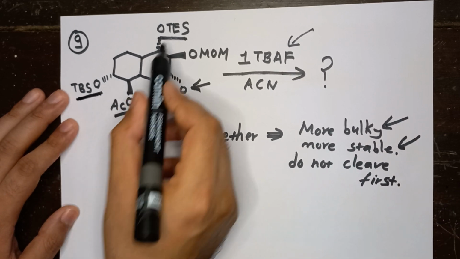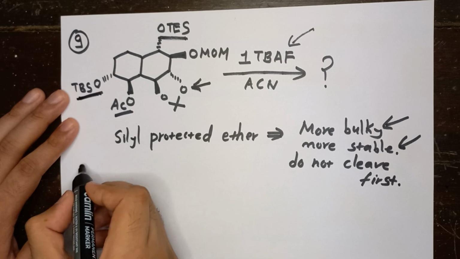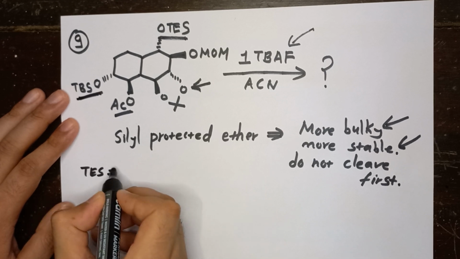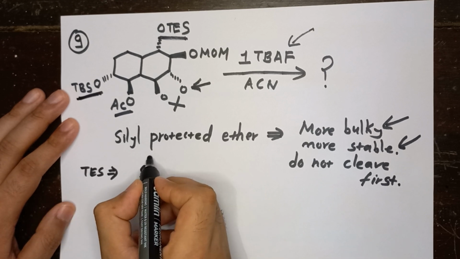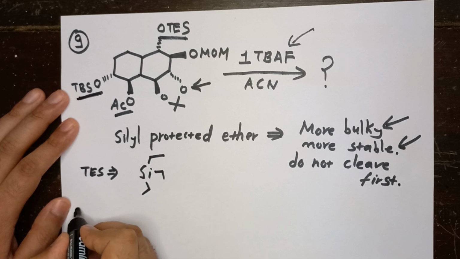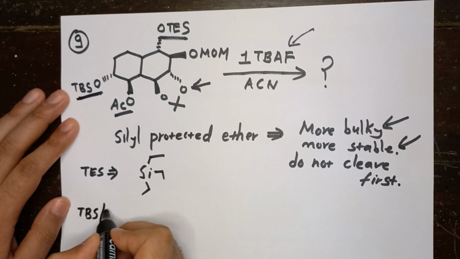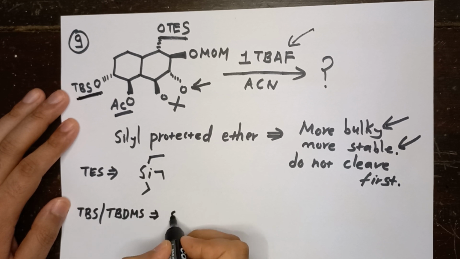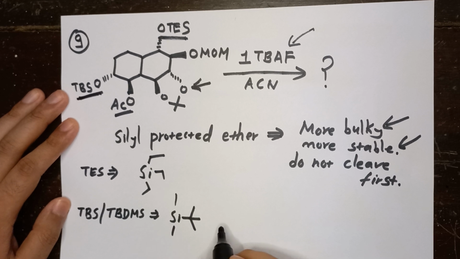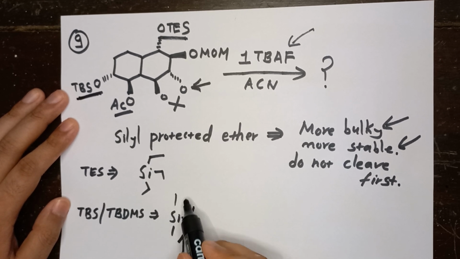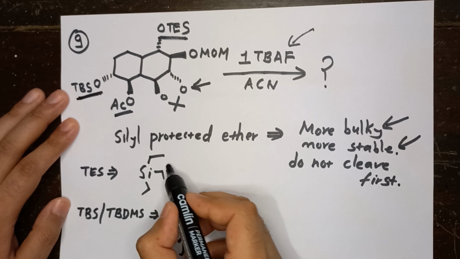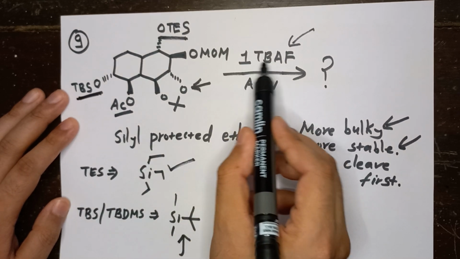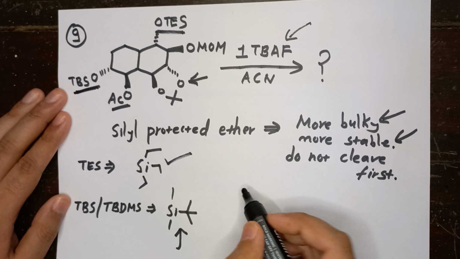So out of TBS and TES, which is bulkier? Well, TES is triethyl and TBS, or you can also call it TBDMS, is dimethyl tert-butyl. So clearly this is bulkier. So this will be stable and it will not deprotect. Rather, TES will deprotect under TBAF condition. So the product will be